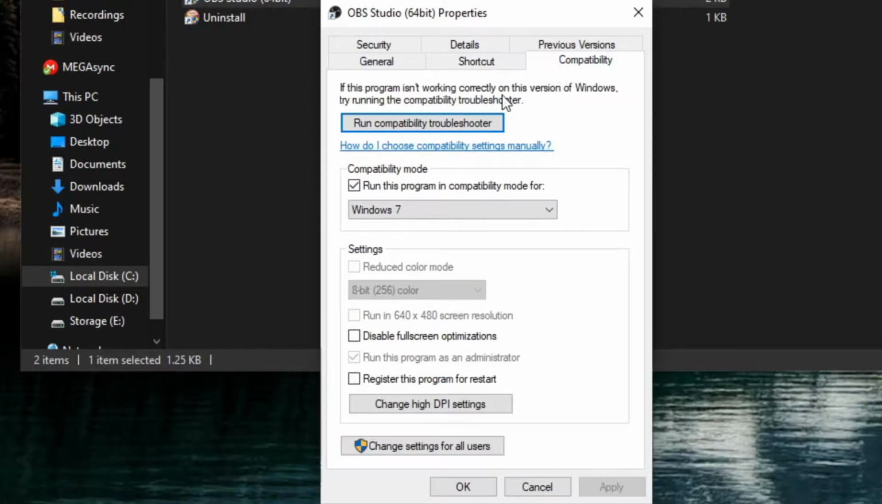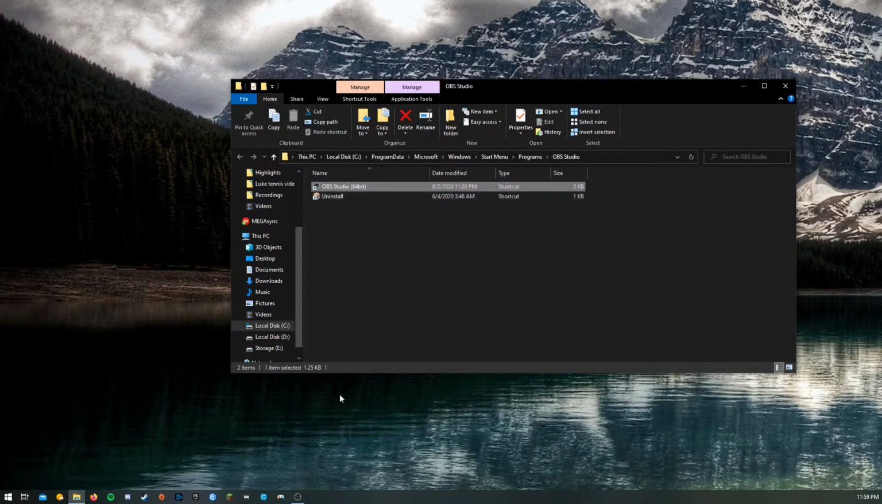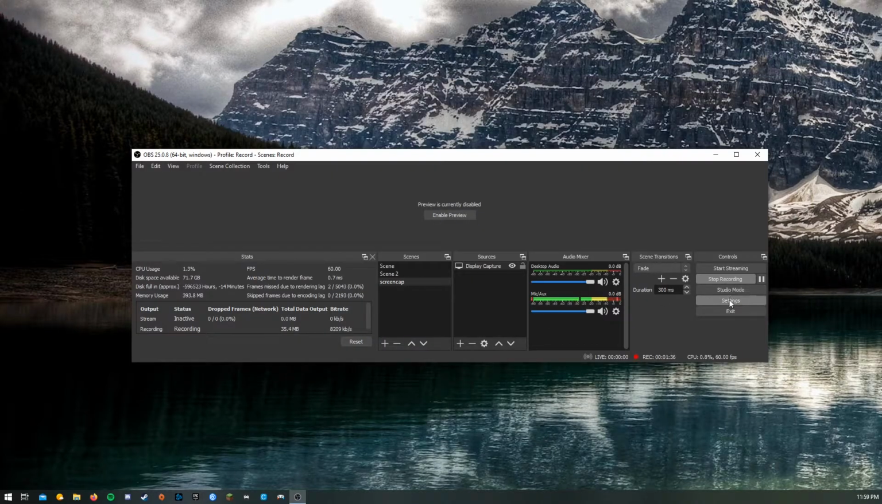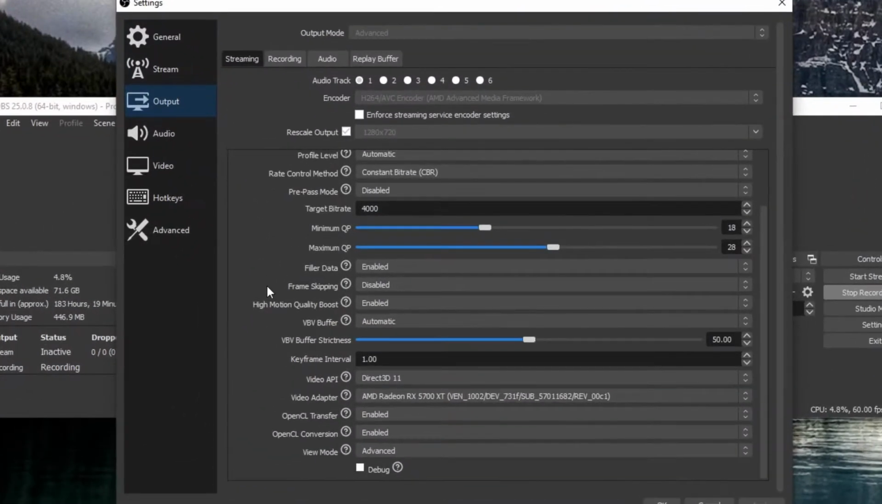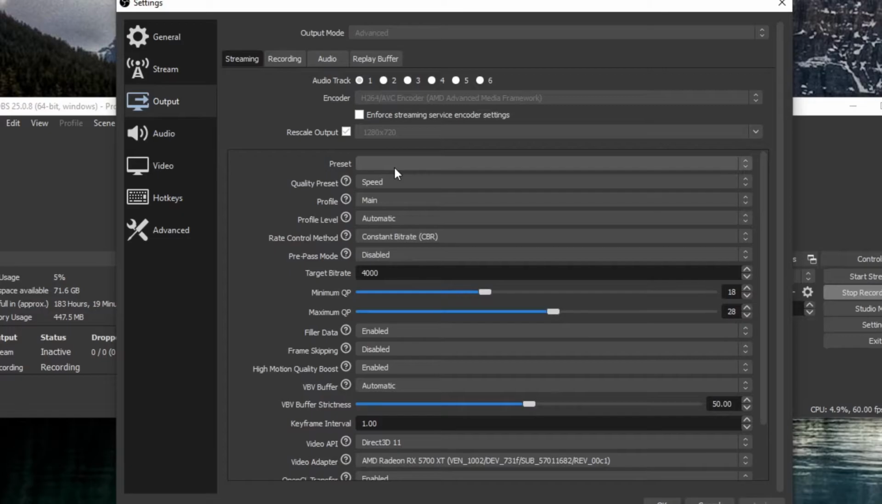Then you're going to want to hit up the compatibility, run this in compatibility for Windows 7, and run the program as an administrator at all times. Once you do that, you'll want to jump into your settings. So, Output: first things first, make sure your view mode is in advanced, make sure there's no preset,